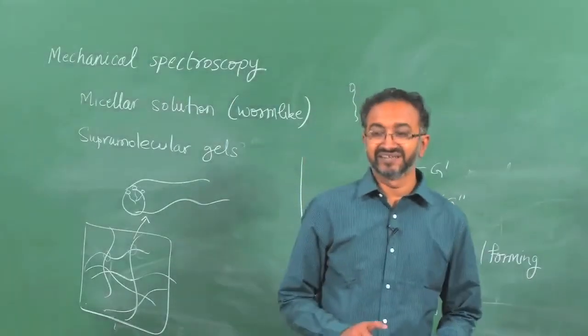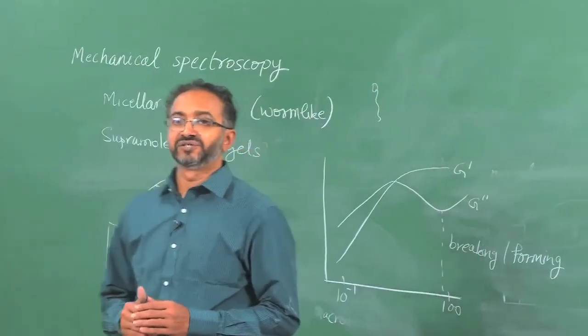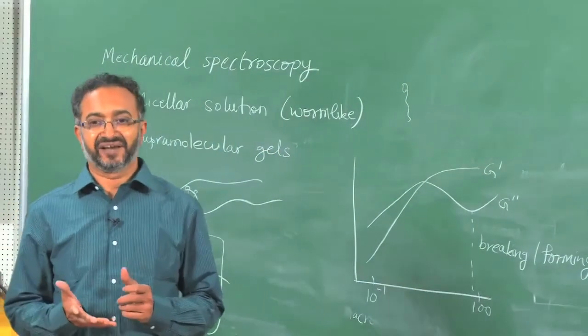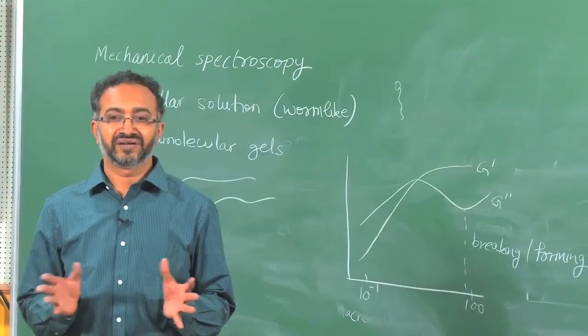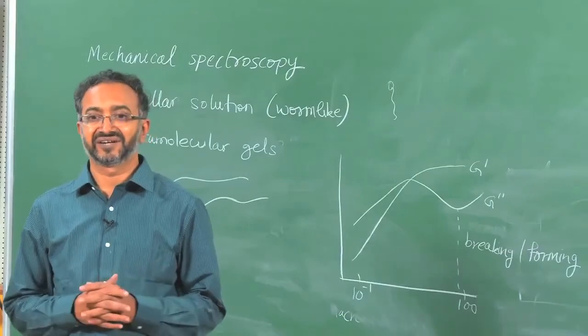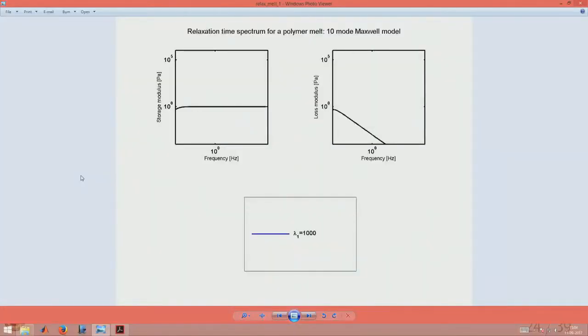So, what we have done in this exercise is chosen a different set of relaxation times and used the Maxwell model to characterize the relaxation time. For example, we have chosen, let us say, lambda 1 equal to 1000, and since this is a very large relaxation time, the overall material response is pretty much elastic. You can see that G double prime is already decreasing and G prime is already constant. Now, if I take another relaxation time which is lower,